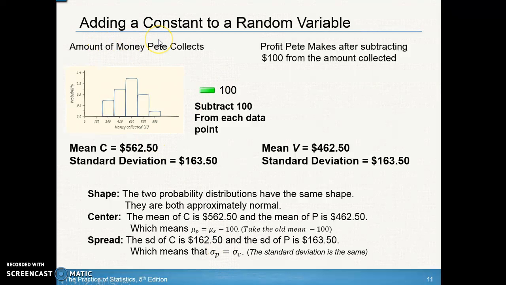Okay, so if we compare the mean and the standard deviation, the shape stays the same when we add or subtract a constant. The two probability distributions have the same shape. They're both approximately normal. Just make sure to remember that you're using comparative language. The mean of the cost is 562 and the mean of the profit is 462, which means the mean of the profit is the old mean minus 100. The standard deviation of the cost is the same as the standard deviation of the profit, which means they're exactly the